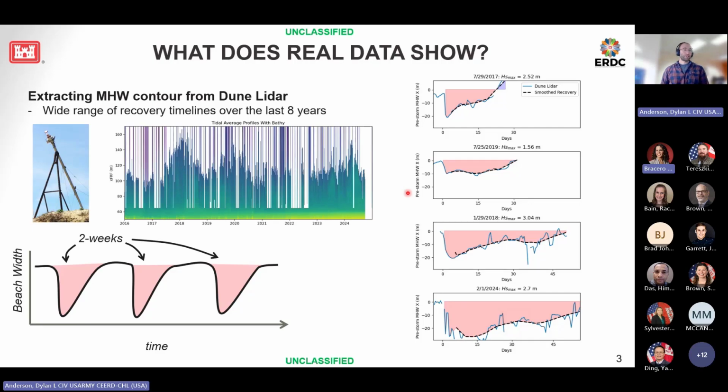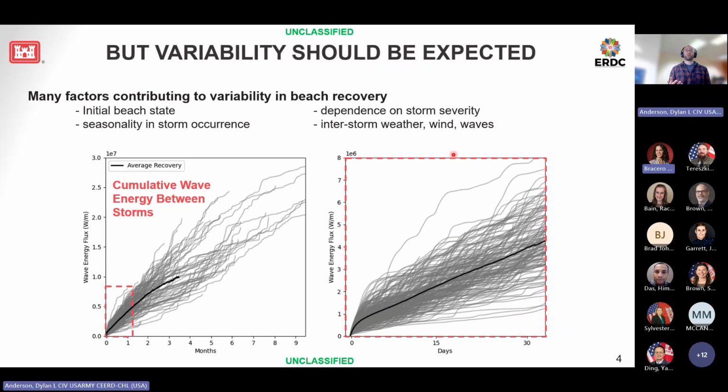The point that I'm trying to make here is that there's really not that much consistency. So, our tunable parameters, whether we set it at 2 weeks or 3 weeks, there's a lot more happening behind the scenes, and that really shouldn't come as any surprise. Recovery processes are dependent on what waves and winds we see following a storm. And although it's tempting to take something like an average background climate, the reality is that that's just not high enough fidelity for what we likely will need in the future,